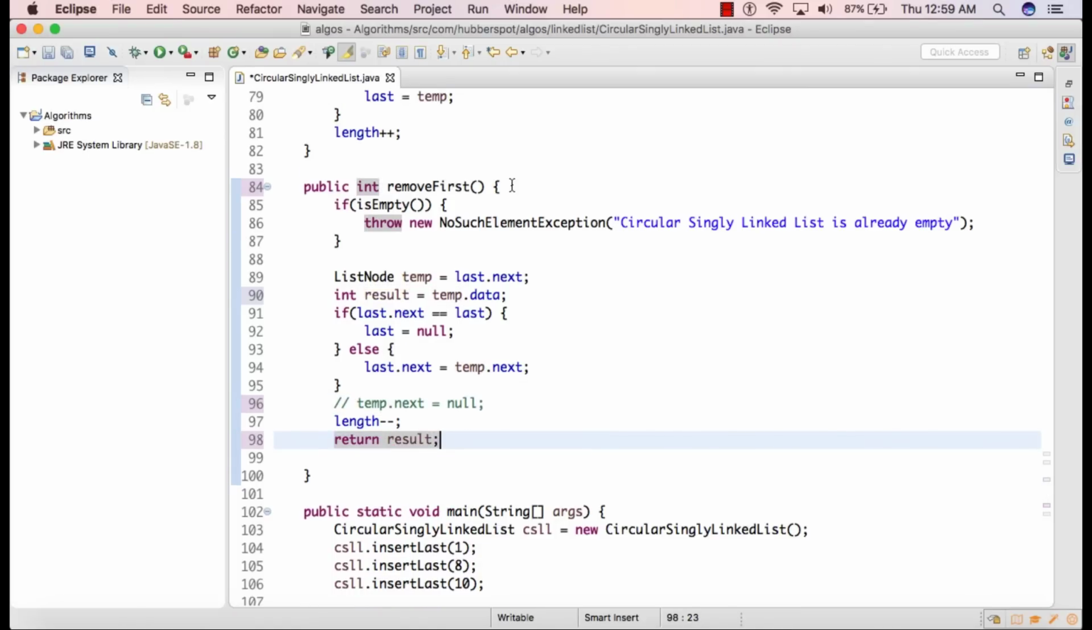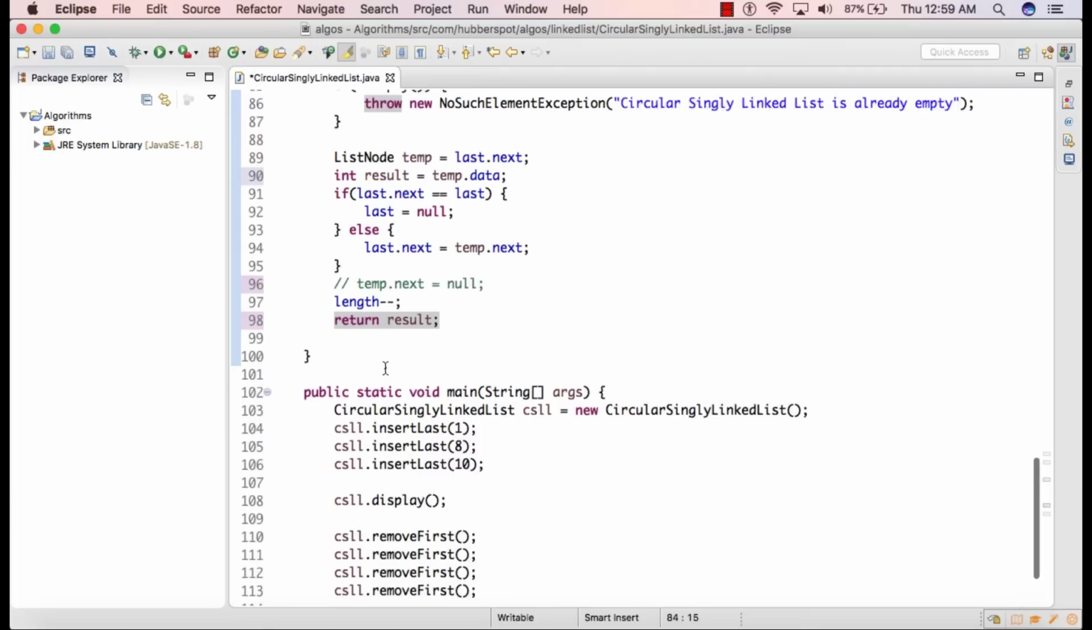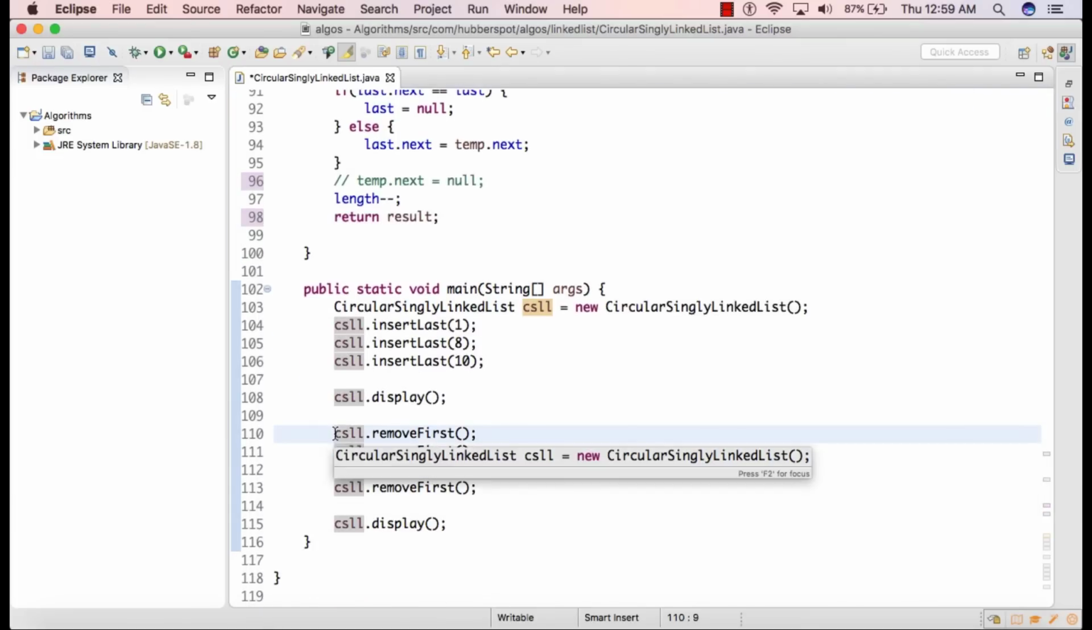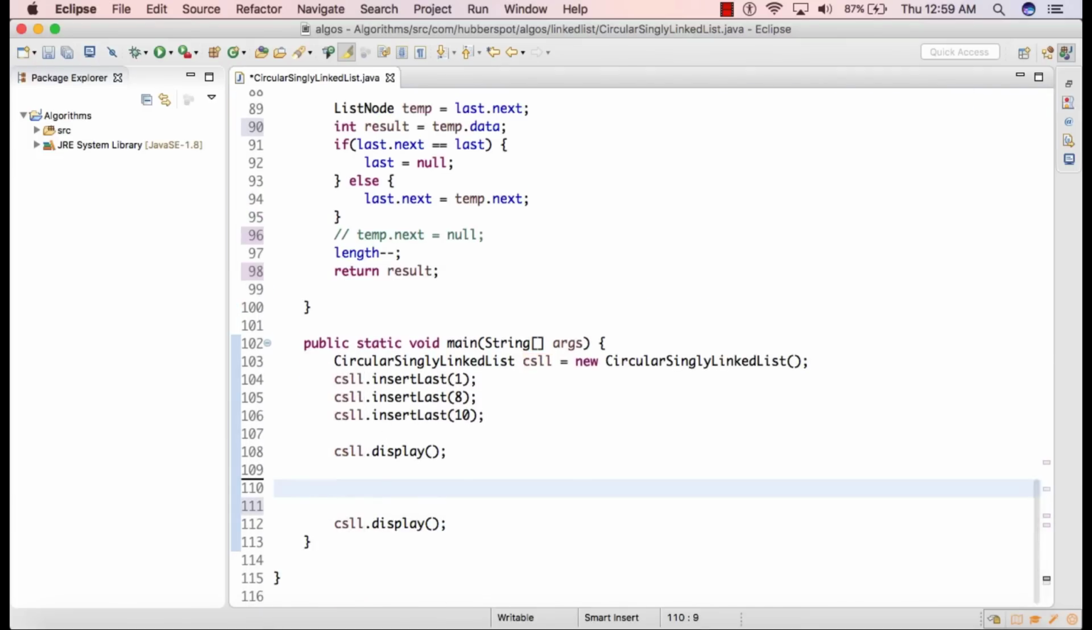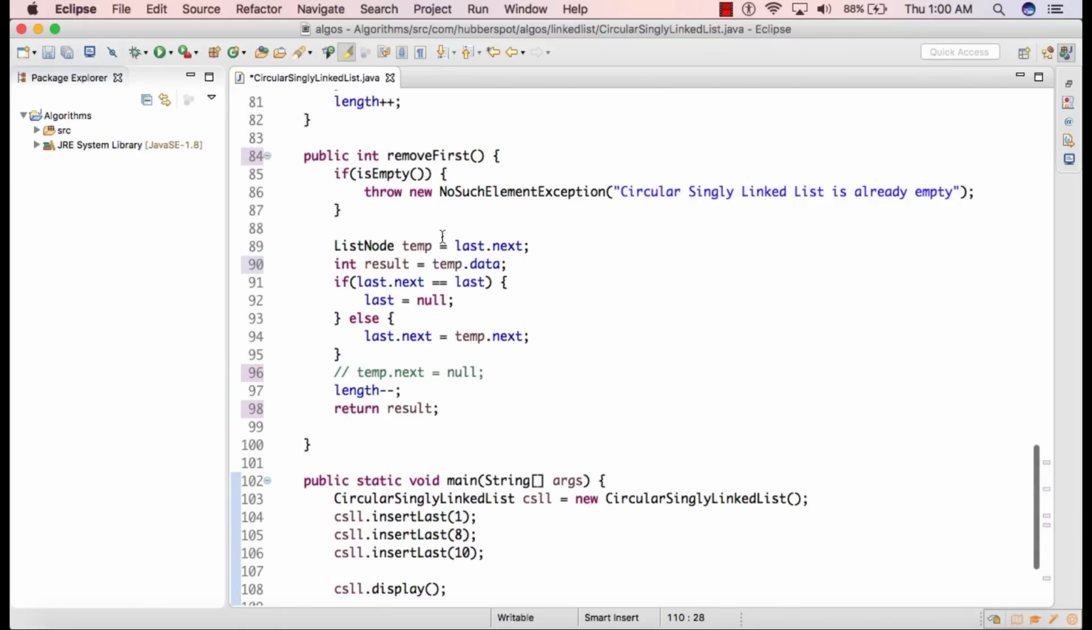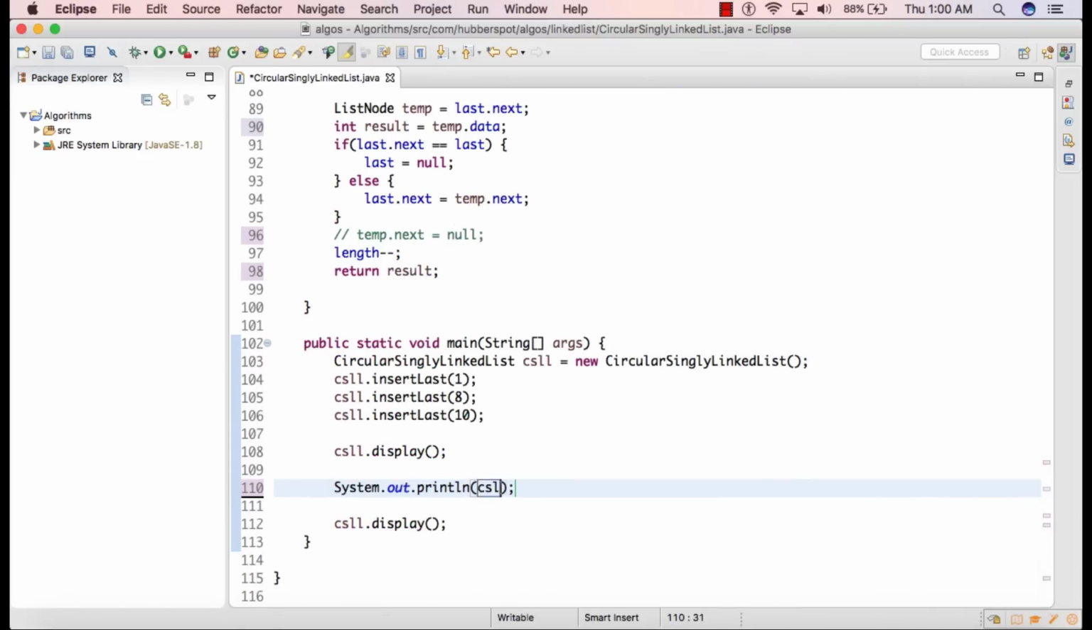So friends, initially we removed the first node from the circular singly linked list and we returned it back. And after some modification, we are returning back the integer value. So let's test the working of this method. So here we'll just print the data which this remove first will return us back. So here we will call